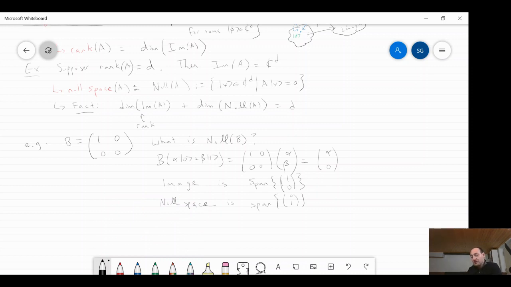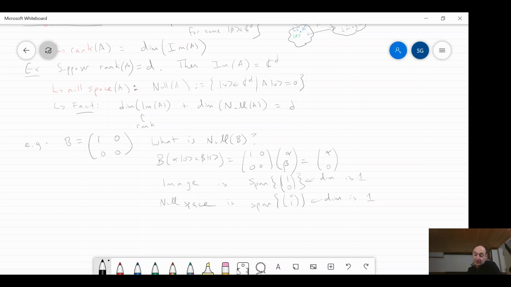So the image is the set of all vectors of this form with 1 up to some scalar, right? Those are the guys that can possibly come out of this map. Okay, so what is the dimension of the null space? The dimension of this is just 1. Why is it 1? Well, it's the span of one vector, right? So it's a one-dimensional space. And same with the image. It's the span of one vector, so this is also going to be a one-dimensional space.